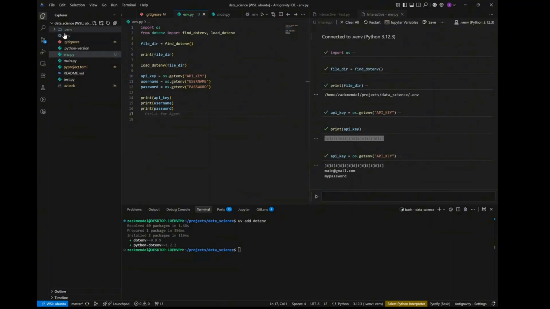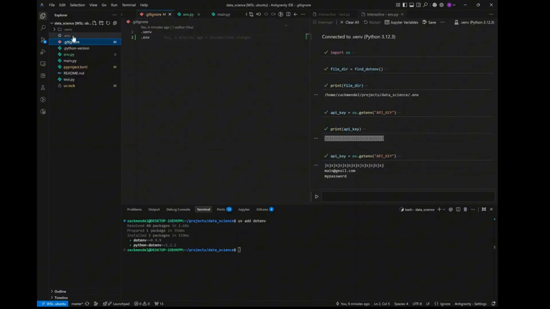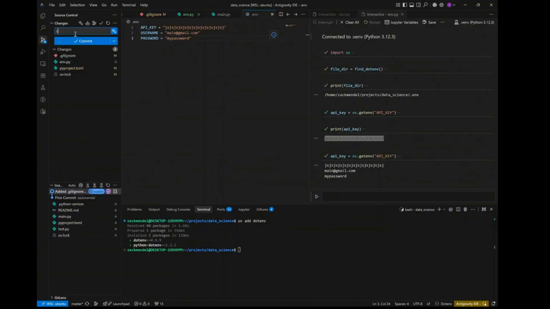So let's now go and commit this. This is one of the advantages of a .gitignore file. The .env file now will be safely left here in a local file drive on our device without being pushed to the cloud on GitHub, and then Git will not be tracking any of this or this. So coming here, we commit, we say created, let's say created